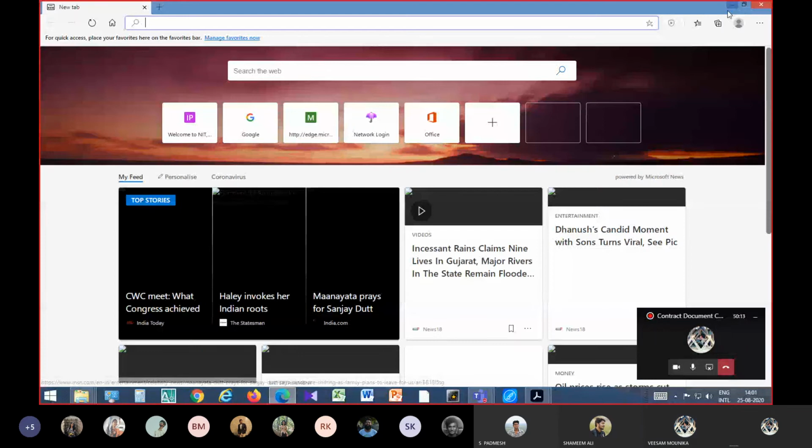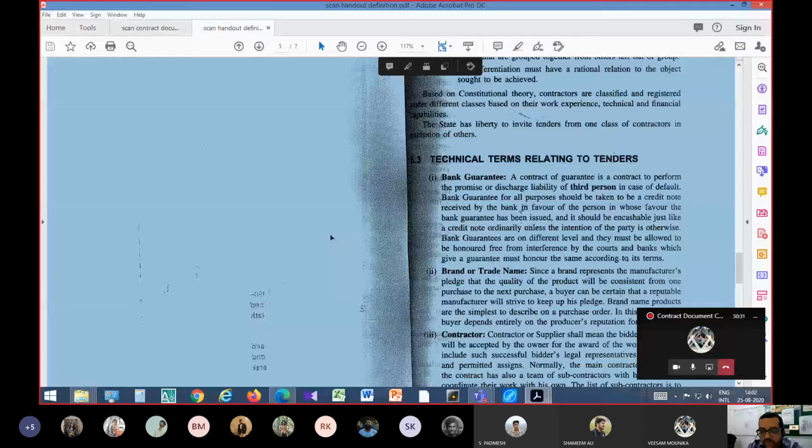It is the second handout where a lot of miscellaneous definitions required for tendering as well as contract are given. I have segregated the two chapters of tender and contract, but generally they come together because it is a continuous process. So here all the miscellaneous terms are defined in alphabetical order. Certain things for which I don't have a specialized definition, you can directly take from here. For example, say here,